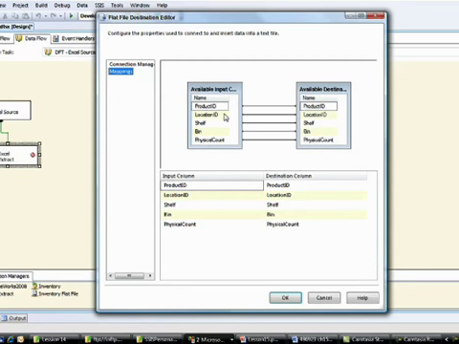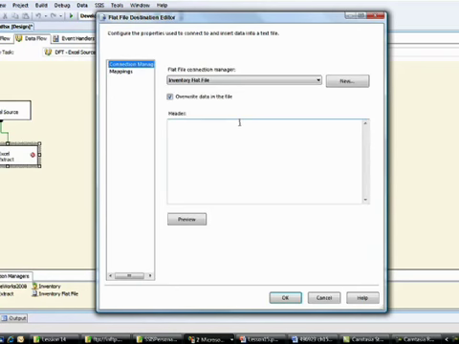And generally, if the input columns and the destination columns are named the same, SSIS will automatically map them for you. So everything looks good here. As you'll see, there's not too many options for the flat file destination, so we're set here. So go ahead and click OK,